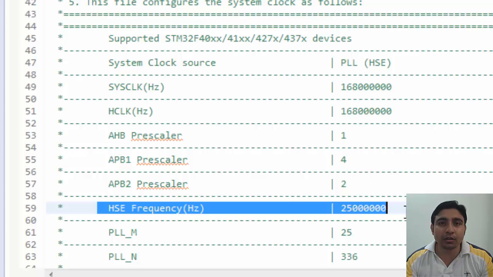The problem is, although our program is still running, our PLL configuration changes the external 25 MHz frequency to 168 MHz. But in reality, we have 8 MHz external. Hence, our microcontroller is actually not running on 168 MHz. It can be lower than that, and we are not sure what that is.